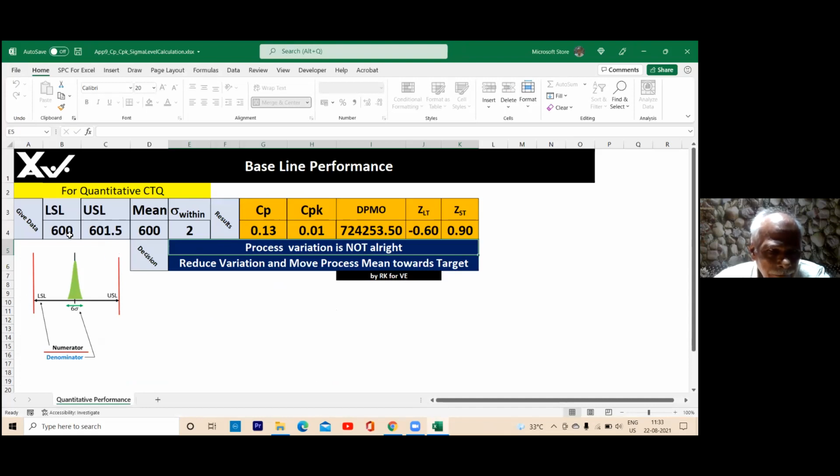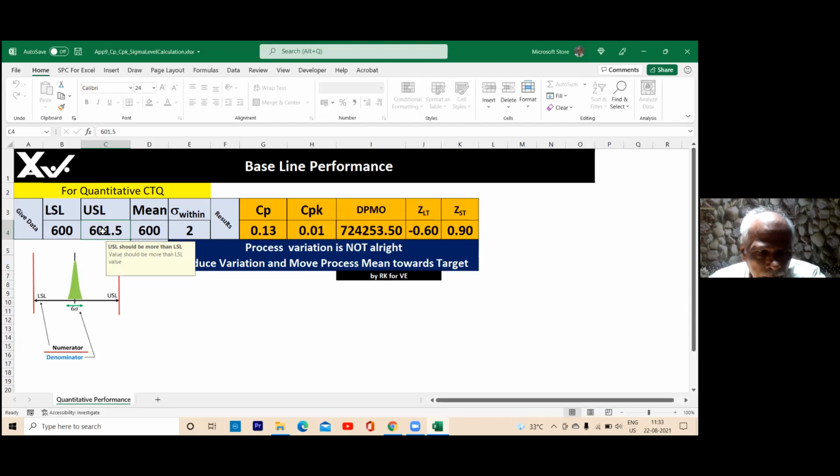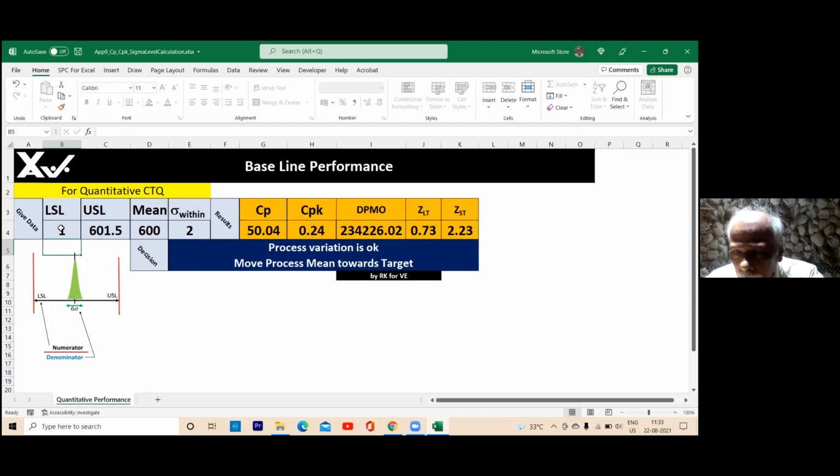What you need to do is, first fill in the LSL, because that should be a lower value, and then fill in the USL. Please see to it that LSL should be lower than USL, and USL should be higher than LSL. Here LSL is 600. If your USL value is 500, don't put 500 now. It will not accept it, because your LSL is already 600. So basically, first put USL as 1. That's all. You can put any value for USL and then change the LSL. Clear? Yes, sir. Right. Okay.